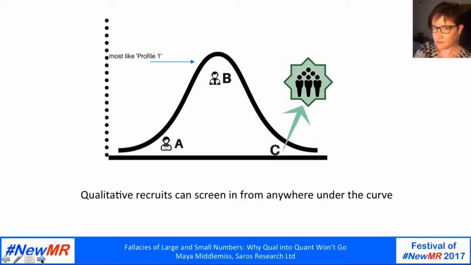Because if we have no idea what actually defines those typing out as Profile 1 in a qualitative way, then we don't know they're outliers, and we've no common sense framework to check that against. And without that information, our trained and experienced recruitment interviewers can't exercise their judgment effectively because they have nothing to